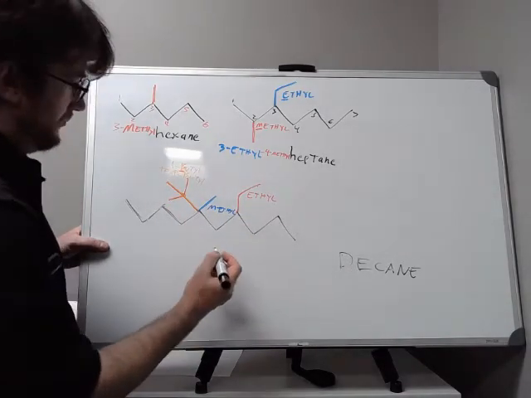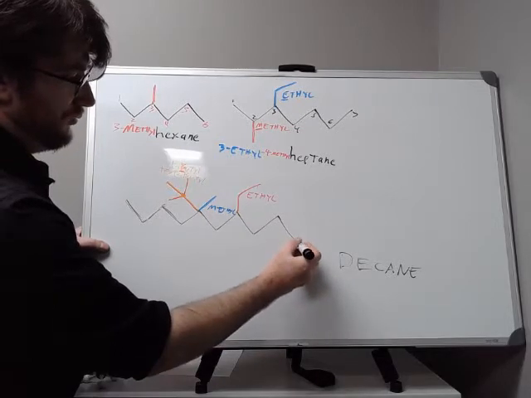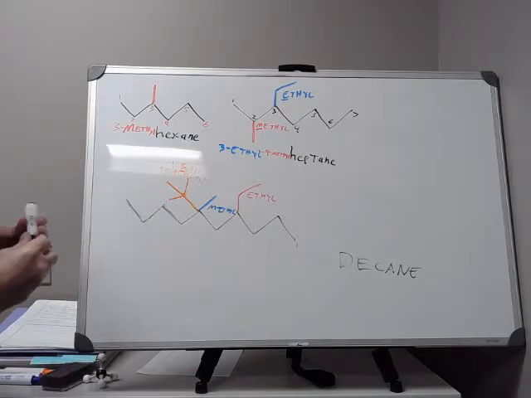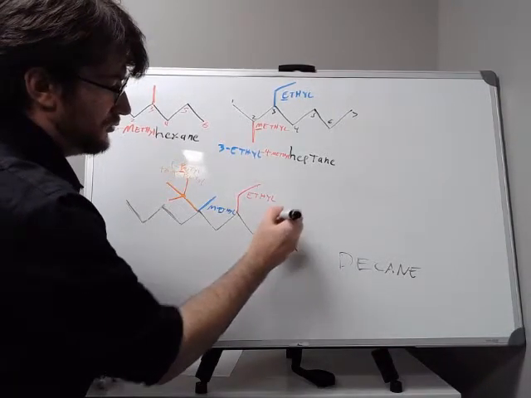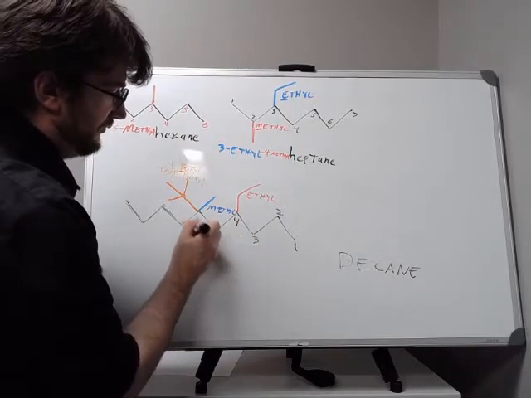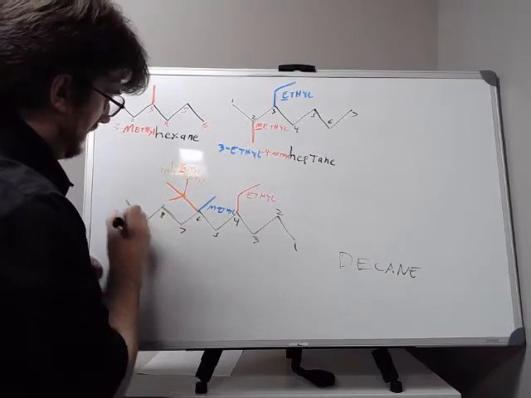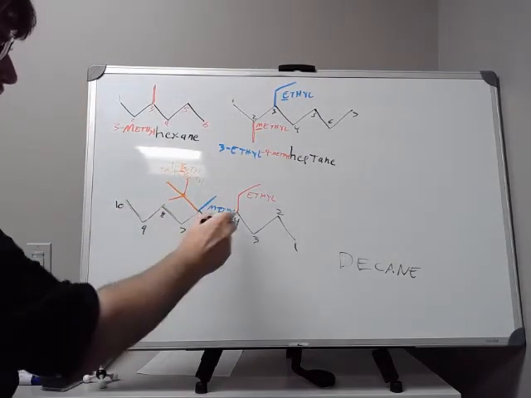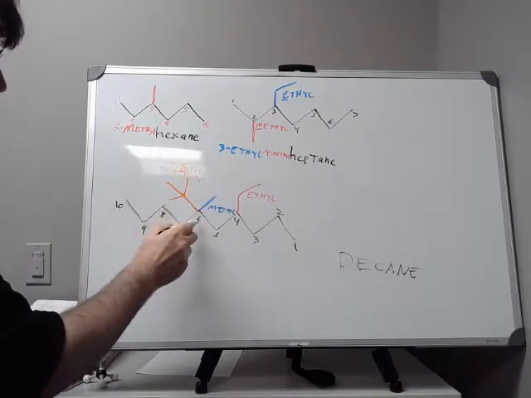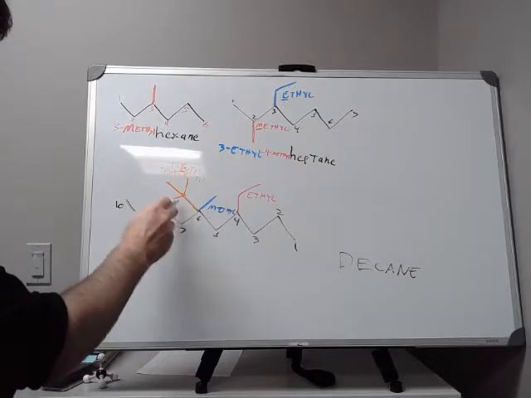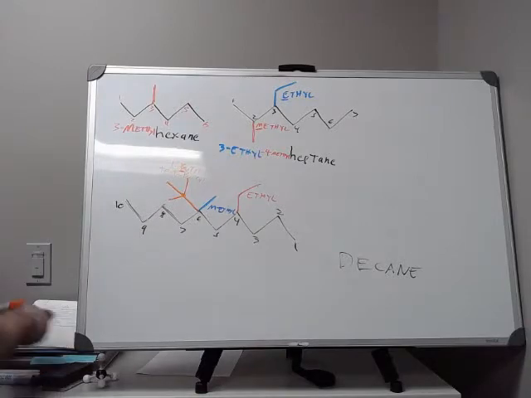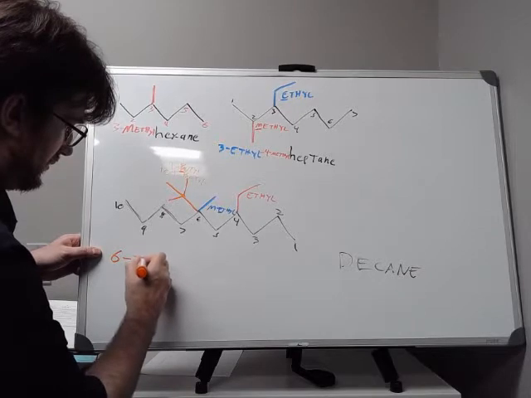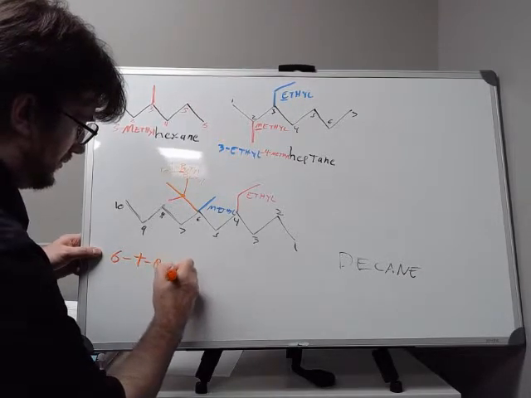So if we start from the right this time, 1, 2, 3, 4, 5, 6, 7, 8, 9, and 10. So we have a 4 ethyl group and a 6 methyl group and a 6 tert-butyl group. Because both of these branches are attached to that same carbon, we use the number 6 twice. So that would be 6 T-butyl